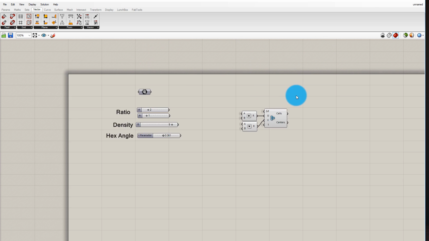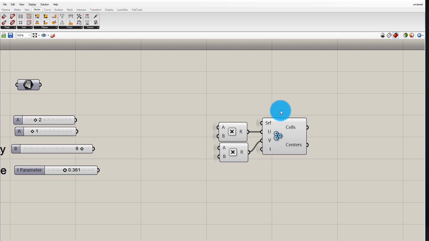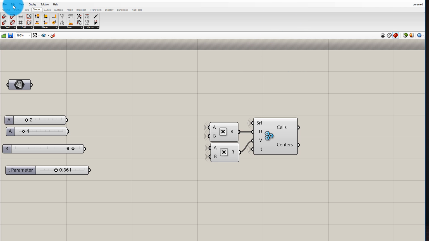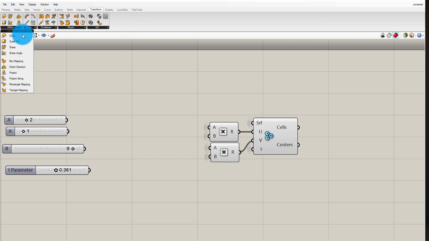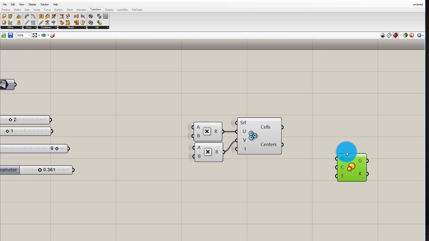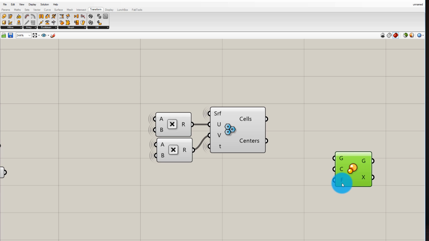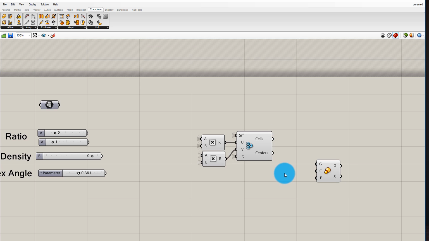So just to kind of show you some of the things we could already do. Let's say I wanted to scale all of these hexagons, right? I could use my scale tool. So you go to transform, and then you go to affine, and then you click on scale. And then so basically scale is just scaling, right? And we have the factor here. So if I add my number slider,